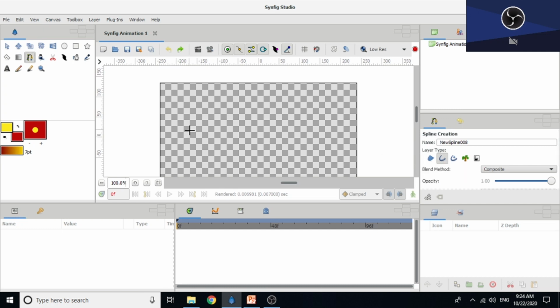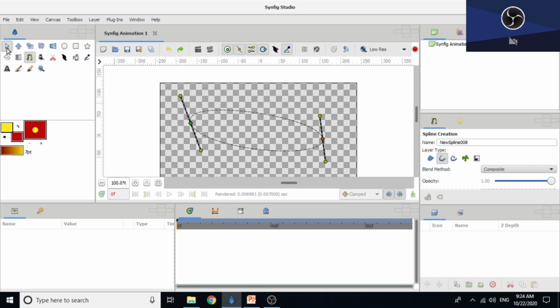Now we will create a path first. So create a line here. In the same way, create another line at the right side. Now again, take the mouse pointer to the starting point. There you have to right click, and then select the Loop Spline, or you can say Loop Beeline option.